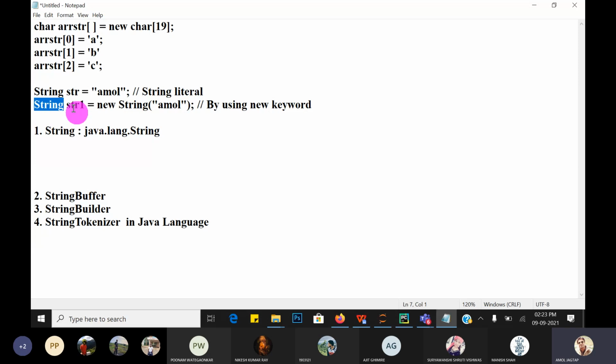Whenever you have to make some changes in the string "Amol", it is not possible. You can create a new instance of the string, but for str1, we cannot modify the string "Amol". That's final. We will see that in the next examples. Before that, I have